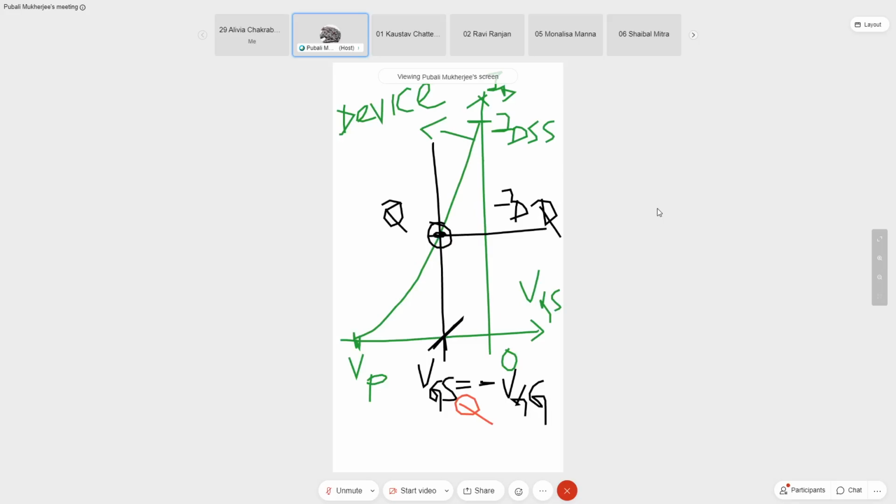Using that, you use KVL in the input part of the circuit to find the equation VGS equal to minus VGG, equation number 1. Equation 2, you've already studied in FET, that is Shockley's equation. Using Shockley's equation, we can draw the transfer characteristics between points in the second quadrant, that is the pinch off voltage and IDSS, the maximum value of the saturation current for VGS 0 volt.